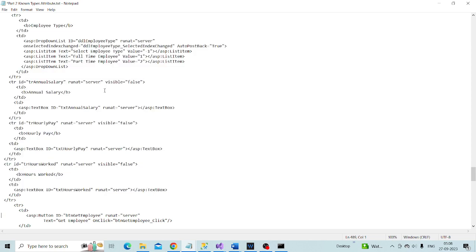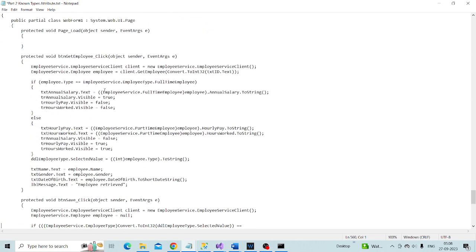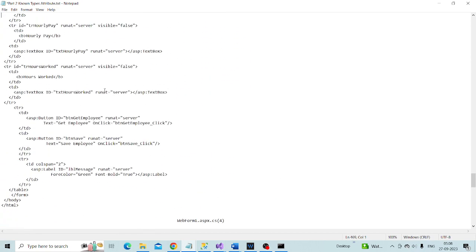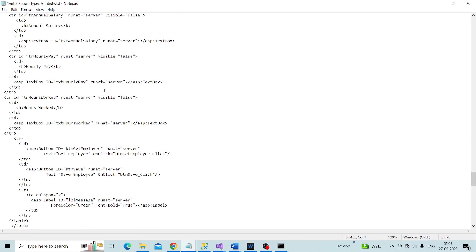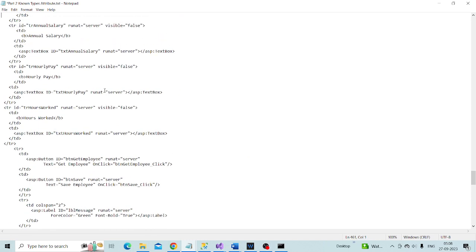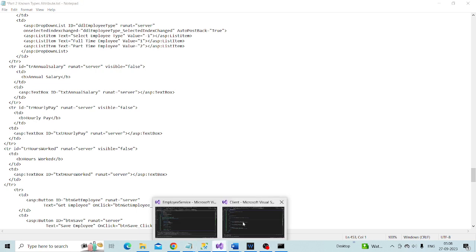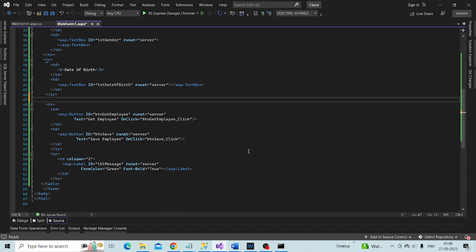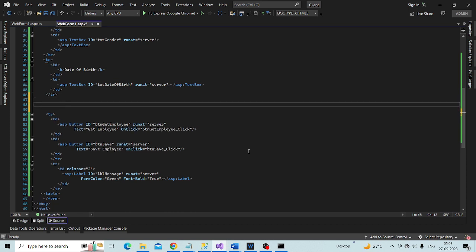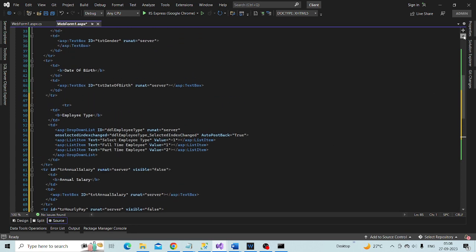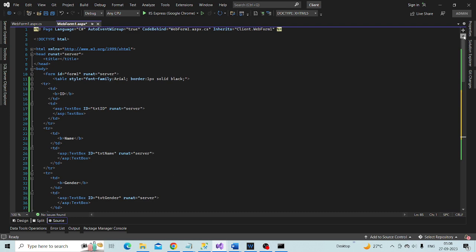If you go below, not here, so go to the coding here and paste the coding here. So we have pasted our coding in our desired place,